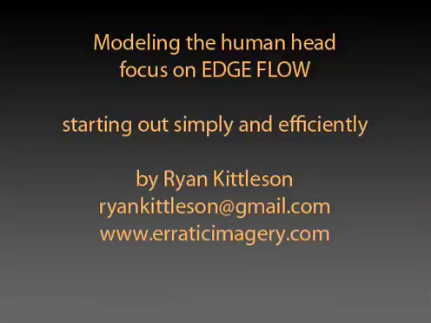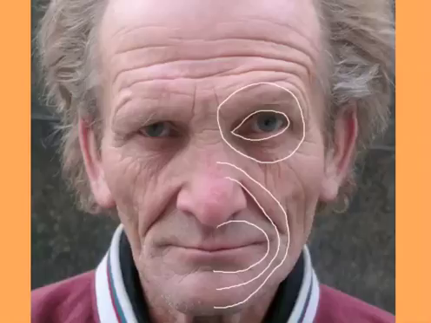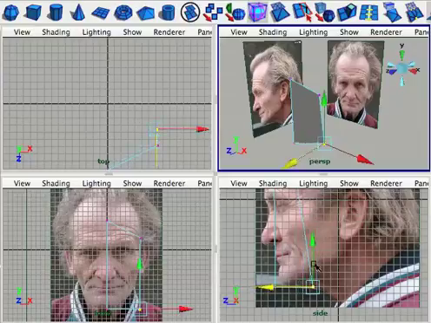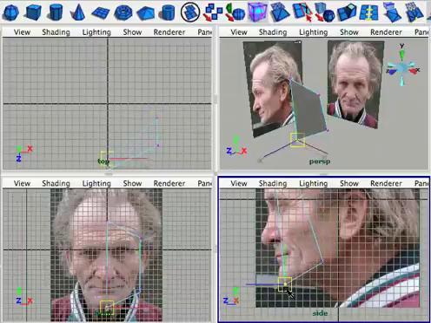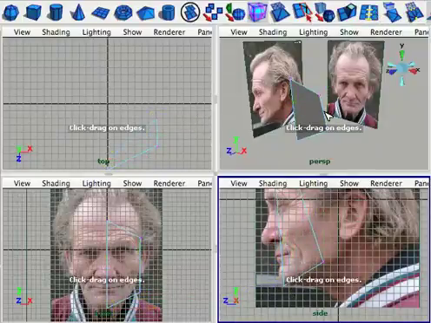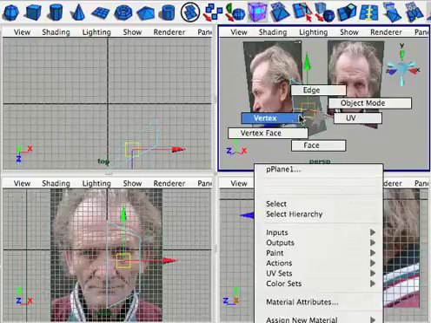This tutorial demonstrates a fast and easy way to achieve good edge flow on a face model. The two most important structures on the face are the eyes and the mouth, so we will concentrate on creating good edge flow for those areas first, and the other areas of the face will become subordinate to the eyes and the mouth. Start by creating a plane and positioning it roughly over the face, then dividing it so that